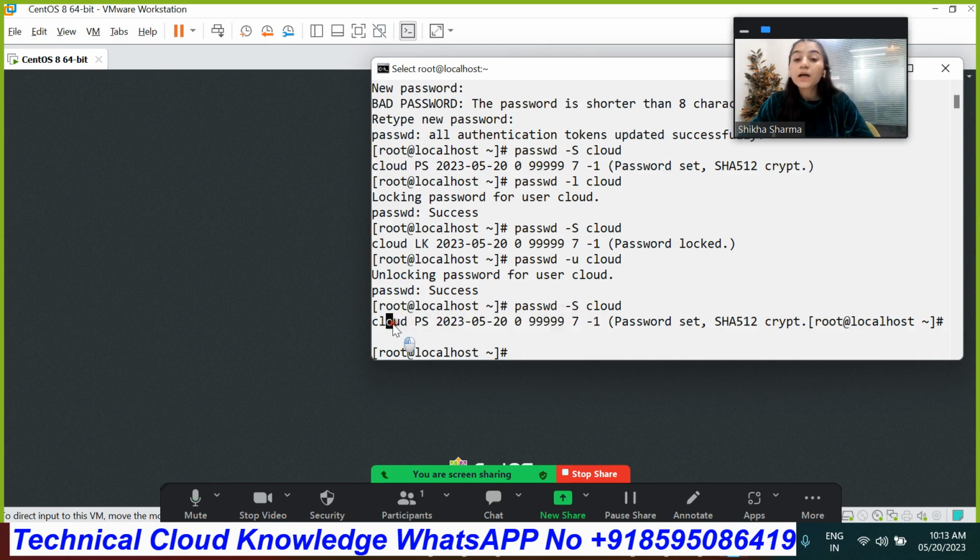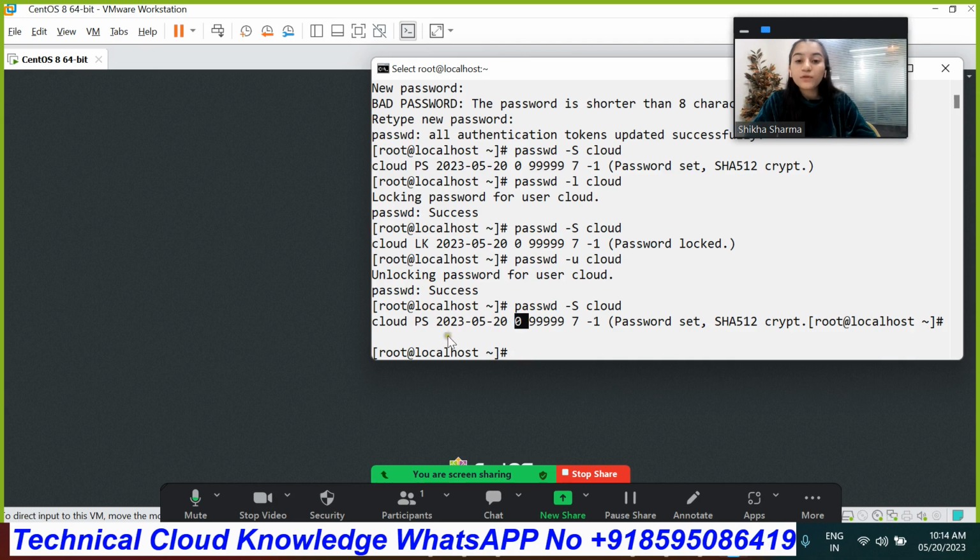So the first field is the user login name, the name with which the user is logged in to the terminal or the server. Okay. Now PS shows the password status. The second field refers to the password status. The third field refers to the last date when your password was changed by you. Suppose right now, today, I have created my user and I have assigned a new password to the user. That's why it is showing 20 of May. But if I change the date and then assign a new password to my user, the password date will also change. So it will show a different date here. We will check how we can do so.